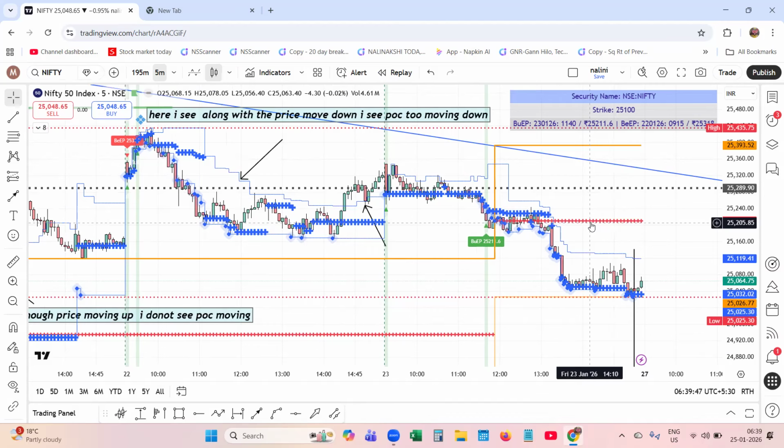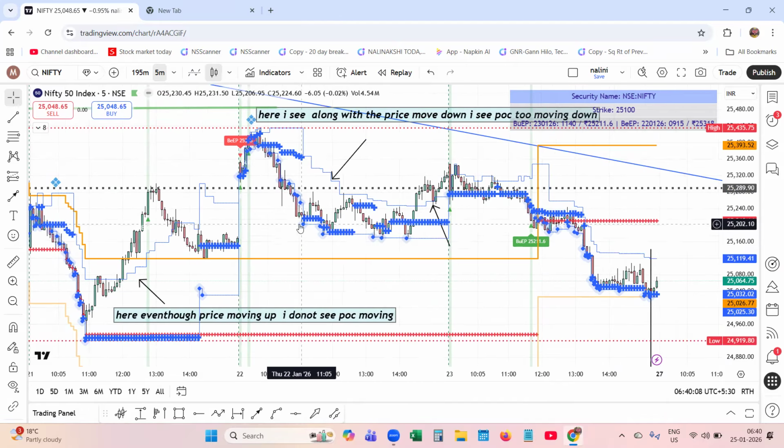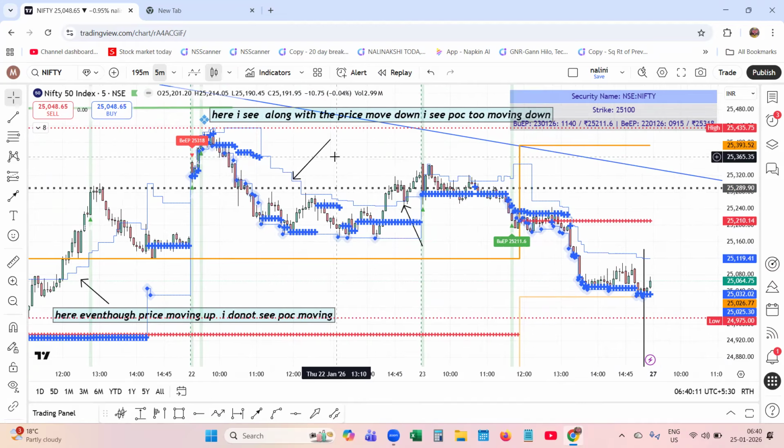To understand the indicator, POC is very, very important. With the rolling pivot, we will get to know the direction, and the balance of the price with this market memory POC, you will get to know the intention of the big players. That is very, very important. As a long-term positional trader, you can be on the sell side. For example, you could have taken a 25,500 put option when it came, if you are knowing this.